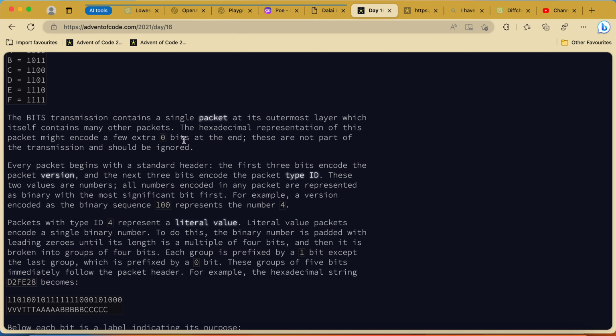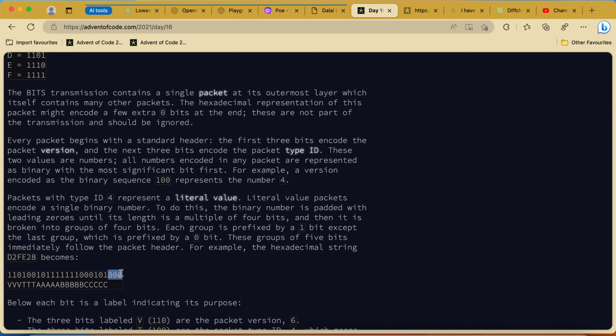The transmission contains a single packet at its outermost layer, which itself contains many other packets. The hexadecimal representation of this packet might encode a few extra 0 bits at the end. That's padding at the end. They are not part of the transmission and should be ignored.